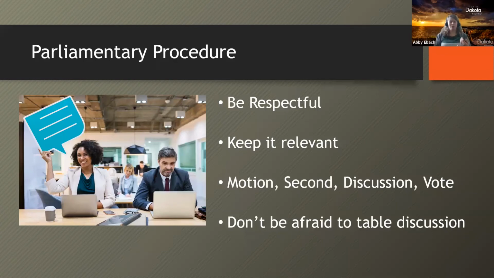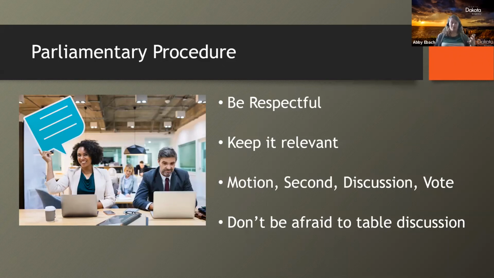The basic ground rules of Robert's Rules is to listen to whoever's talking and to keep all discussion items relevant to the agenda item that you're discussing. So if you're approving this month's bills, it would be appropriate to inquire about why the programming bills are so high for this month. But a discussion of if your children's librarian should have their own library credit card, that would not be relevant to this particular agenda item. It would need its own item.